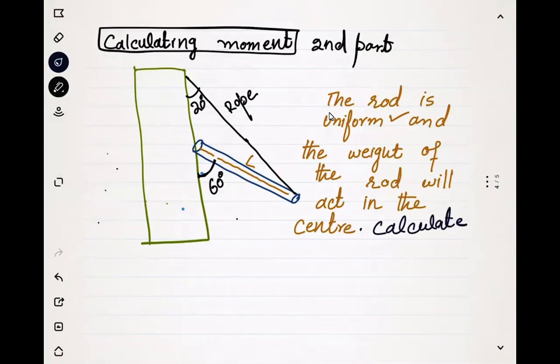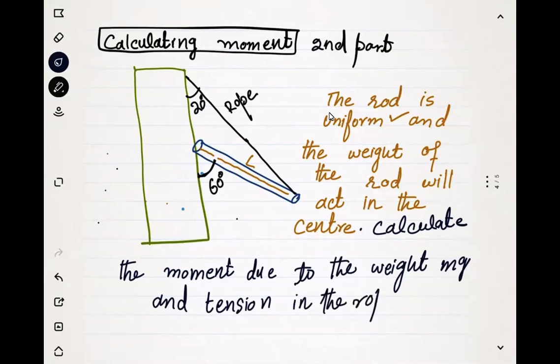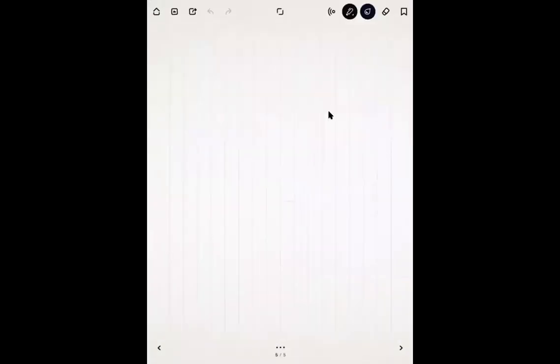calculate the moment due to the weight mg and tension in the rope T. So calculate the moment due to the weight mg and tension in the rope T. This is the question. First of all, if we represent the forces on the rod, the forces which are acting